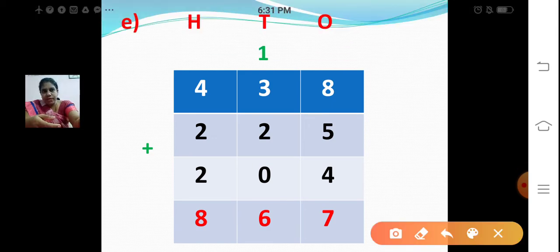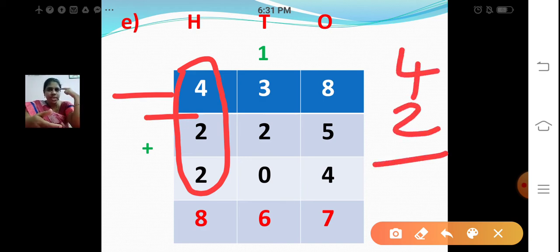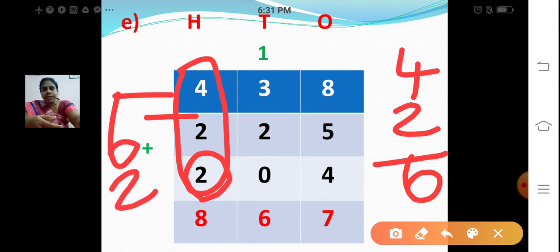So we have three numbers to add. 400 plus 200 plus 200, right? So first take the first two numbers. 400 plus 200. 4 plus 2. 4 in the mind, 2 in the finger. After 4, 5, 6. 600. With this 6, I am going to add the next number 2. 600 plus 200. 6 in the mind, 2 in the finger. After 6, 7, 8. 800. 600 plus 200 is 800. Write it down. 800. So my answer is